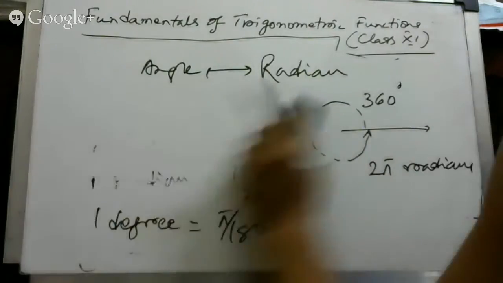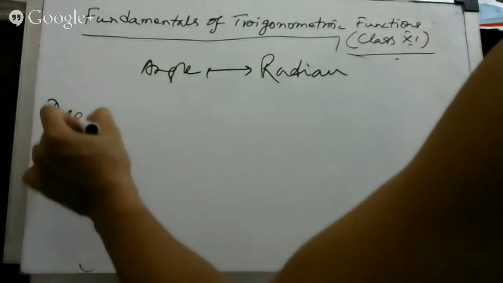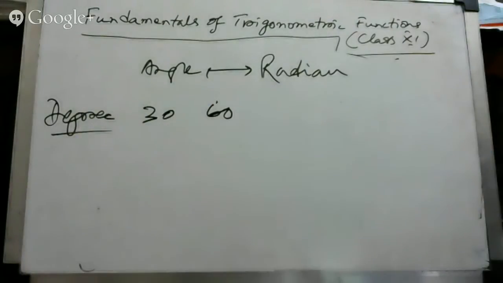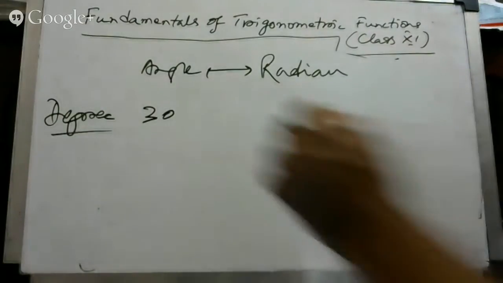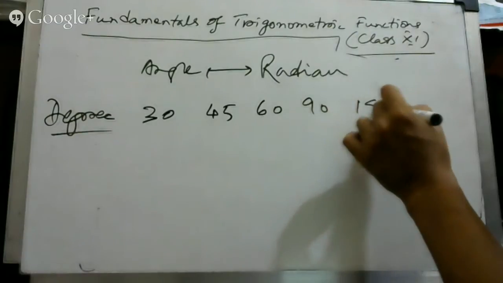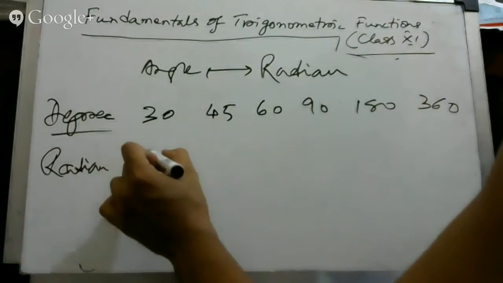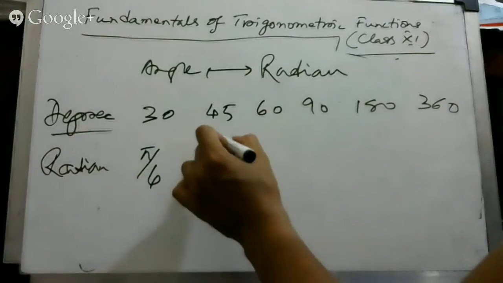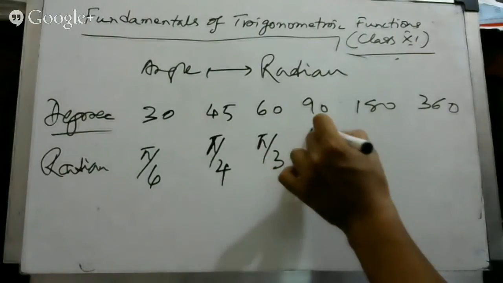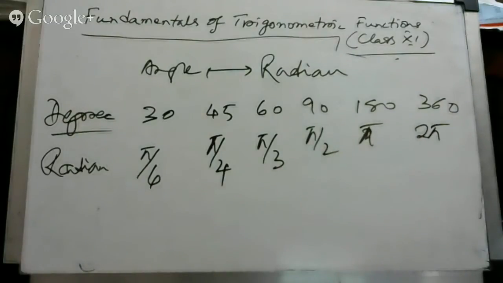So when we talk in terms of general angles, typical degrees which we'll be using, like say 30, 45, 60, 90, 180, 360, in radians it's called pi by 6, pi by 4, pi by 3, pi by 2, pi, and 2 pi. Okay,